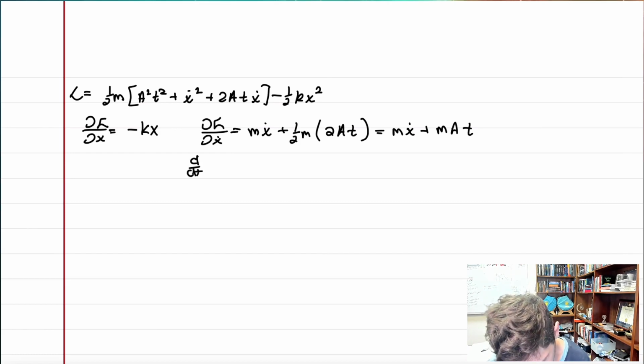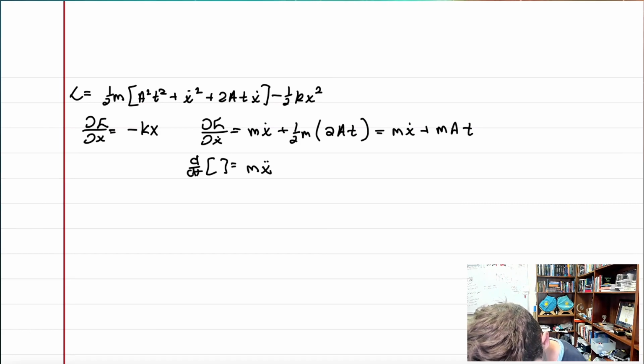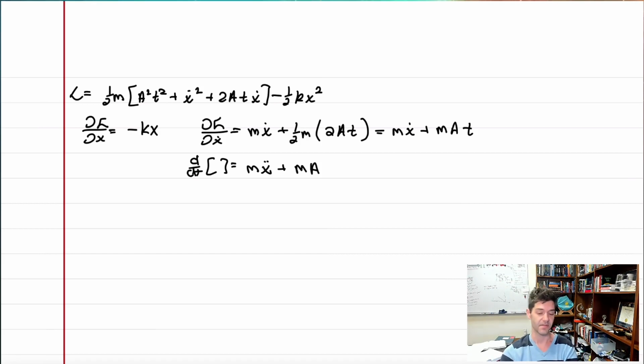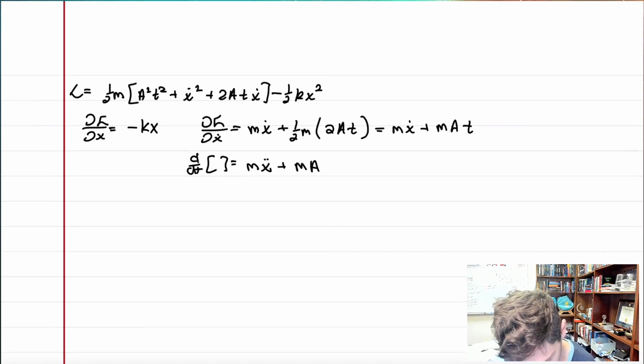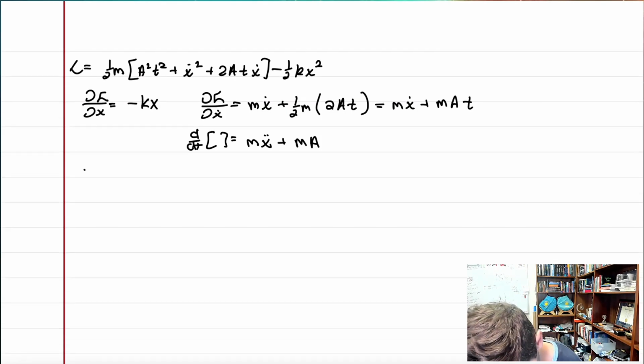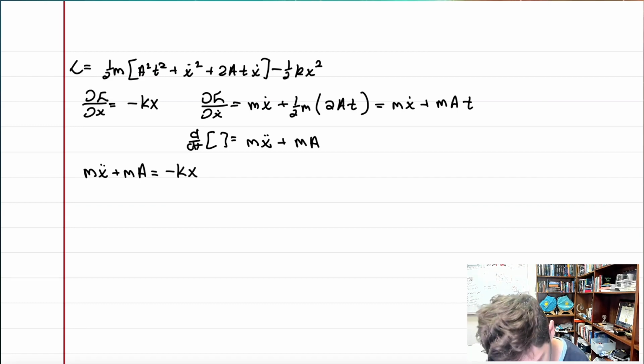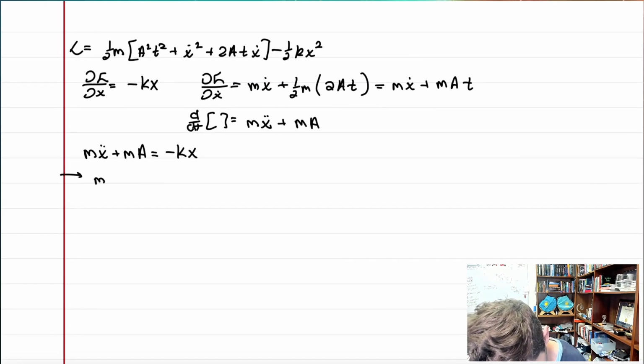I then take the time derivative of that entire thing, and it becomes m x double dot plus m a, which is a constant, and the t just becomes unity. And look at that. Lagrange then says m x double dot plus m A equals negative kx,